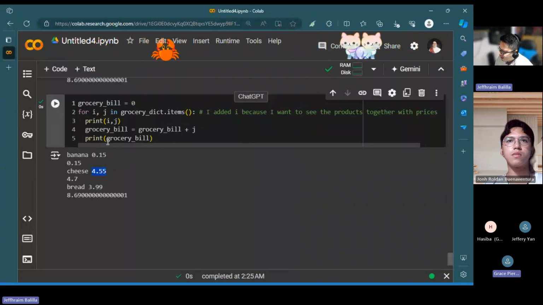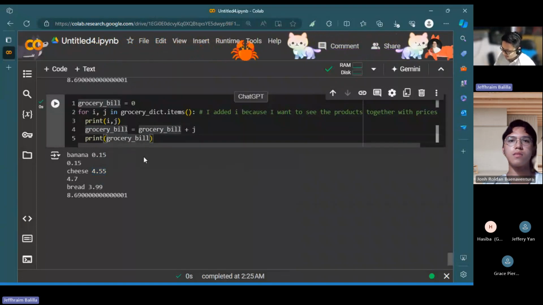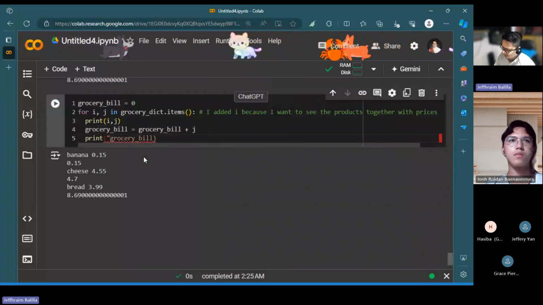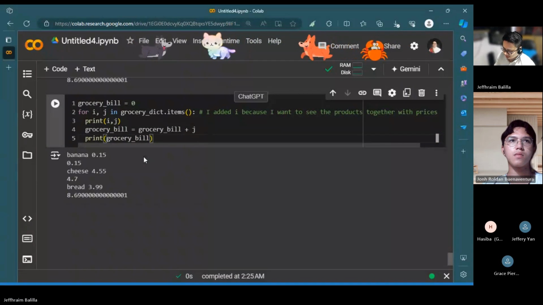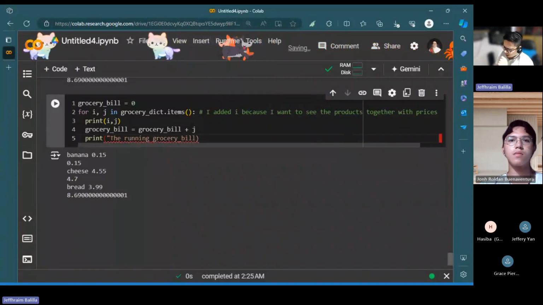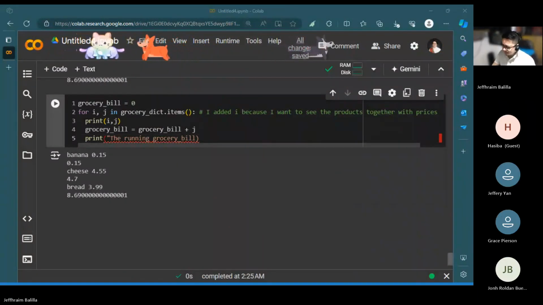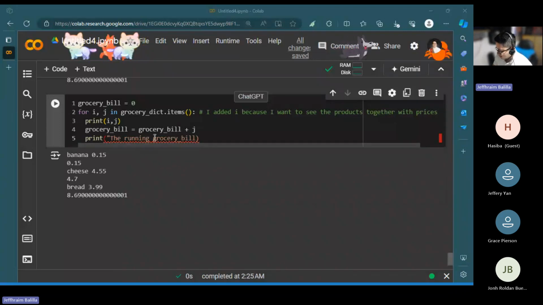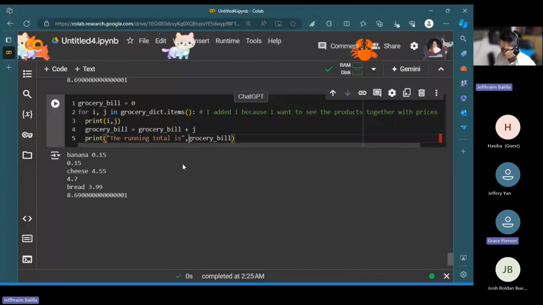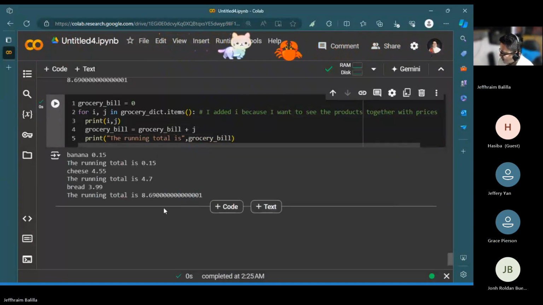And then here I have to add, I want to print the running total. The running total is grocery bill. Initialize it again.